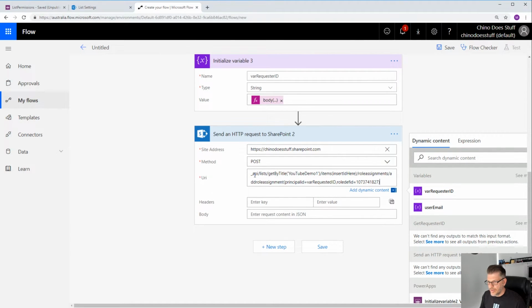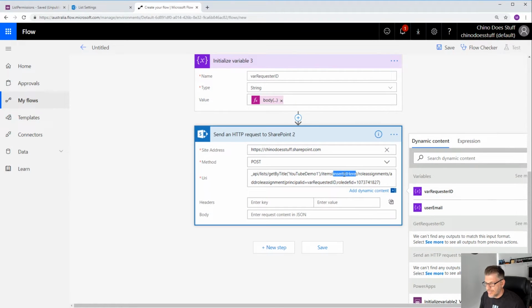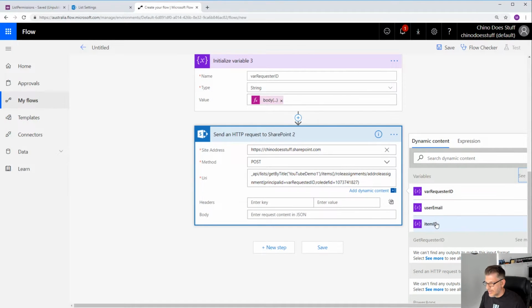So we've got the URI, and this is my list name here. So you would change this to your list name that you're using, and that will be the same for all of our web requests to SharePoint. The item, we want to insert the item ID,